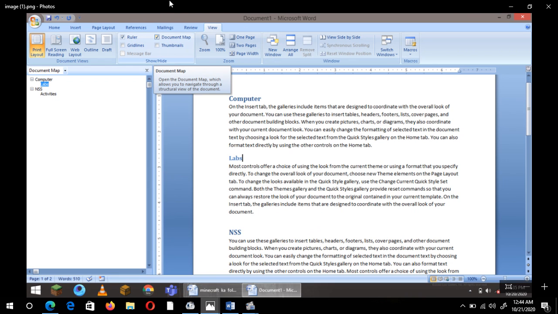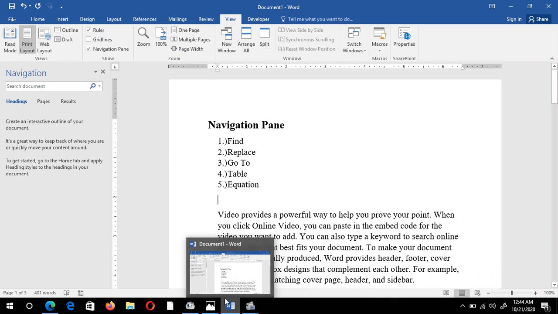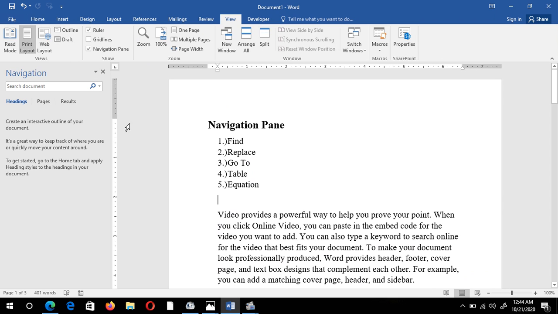In Office 2007, you will get this option from here. But in Office 2016, you have to press Ctrl F for the navigation pane.